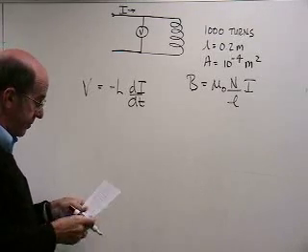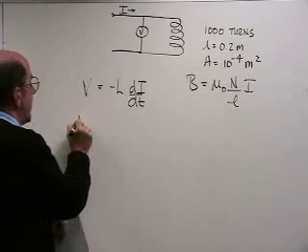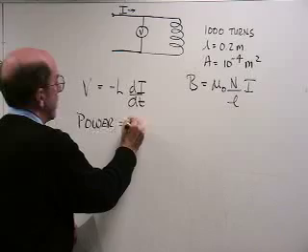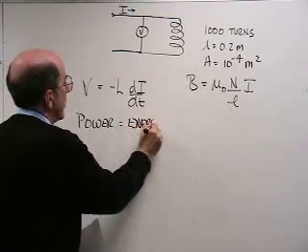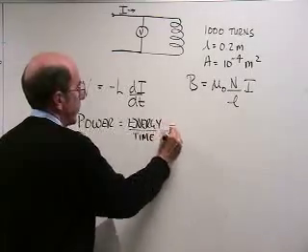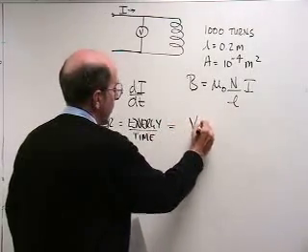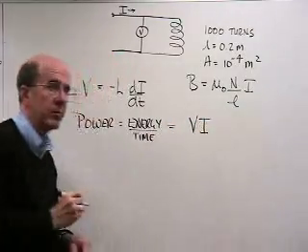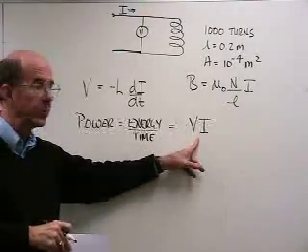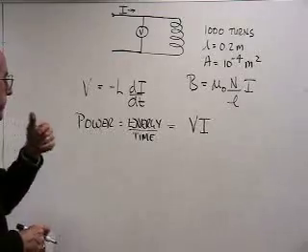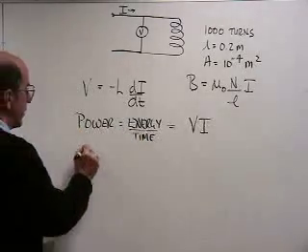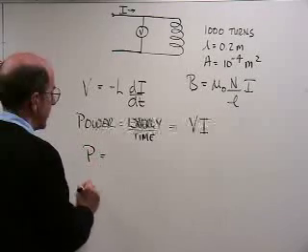And we know that power, which is equal to energy per time, is just going to be equal to the voltage times the current. You can use that with any part of a circuit, whether it's a resistor or a capacitor. Okay, so I'm going to take this and add it to this, so I get power is equal to